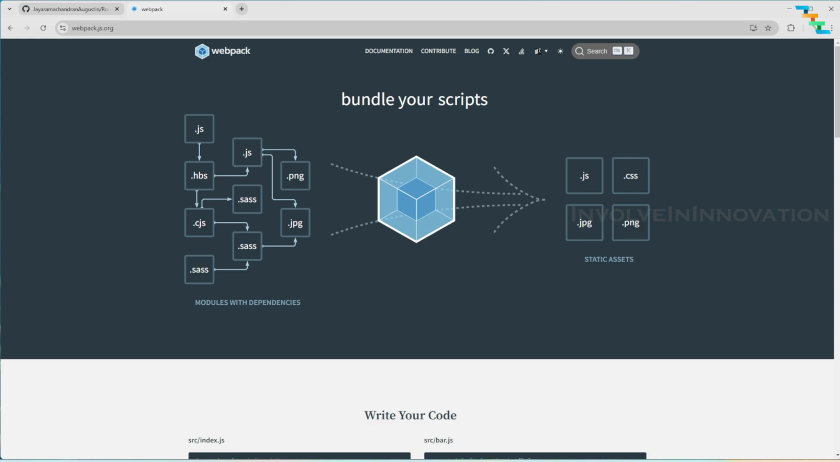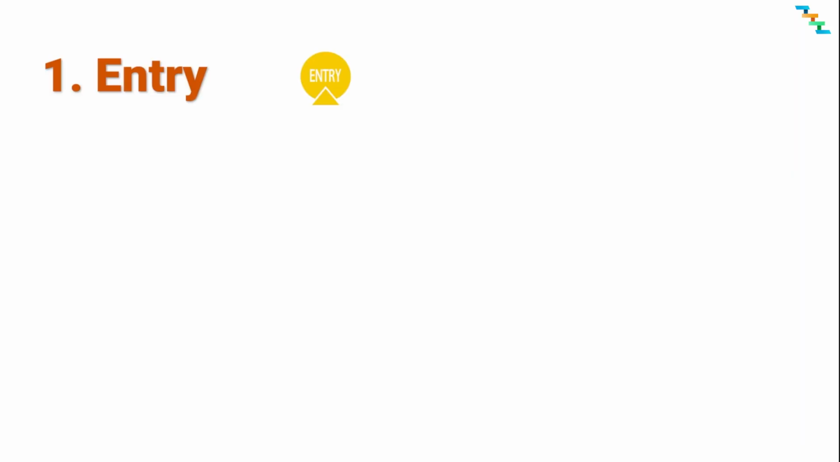And with that being said, we will cover the core concepts of Webpack. This is a hands-on tutorial. I will be covering everything with a hands-on project. So there are 6 core components of Webpack, which we will be writing in